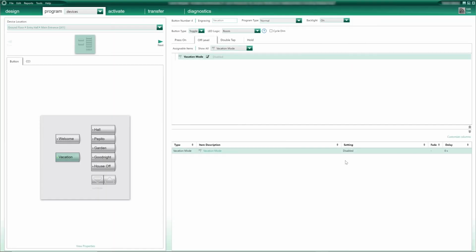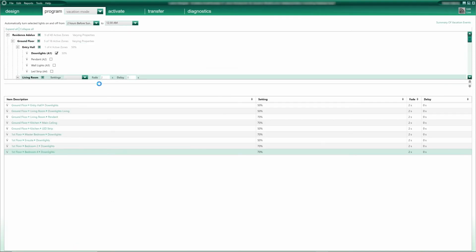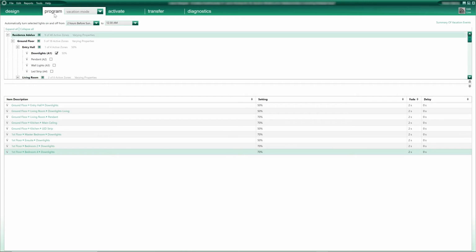Very easy. But did you ever have clients calling saying that for the last couple of days, some of the lights have been randomly switching themselves on and off? Maybe they come back from holidays and forget to switch off the vacation mode, huh? So to make it easy for the client to quickly check if the vacation mode is activated or not, the way I like to program it is, once I've selected the circuits and their levels on the screen here, to go to my program tab here and this time go to sequence.